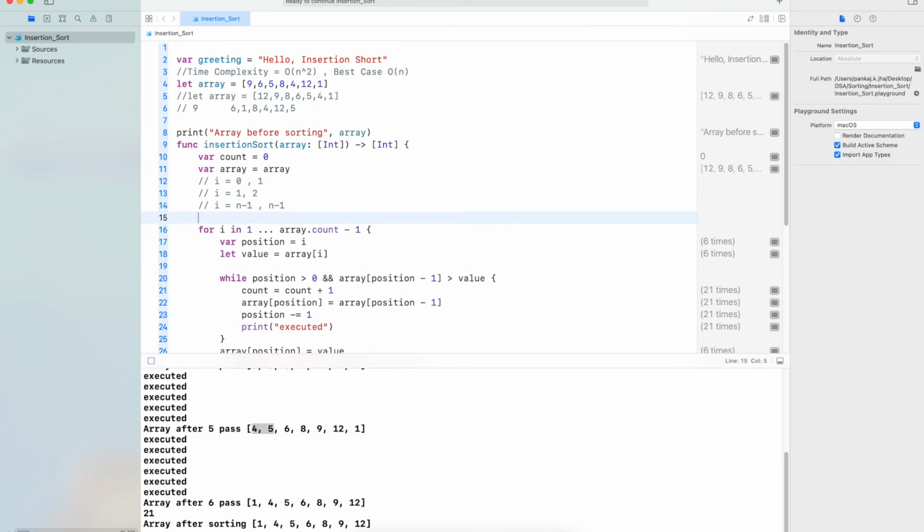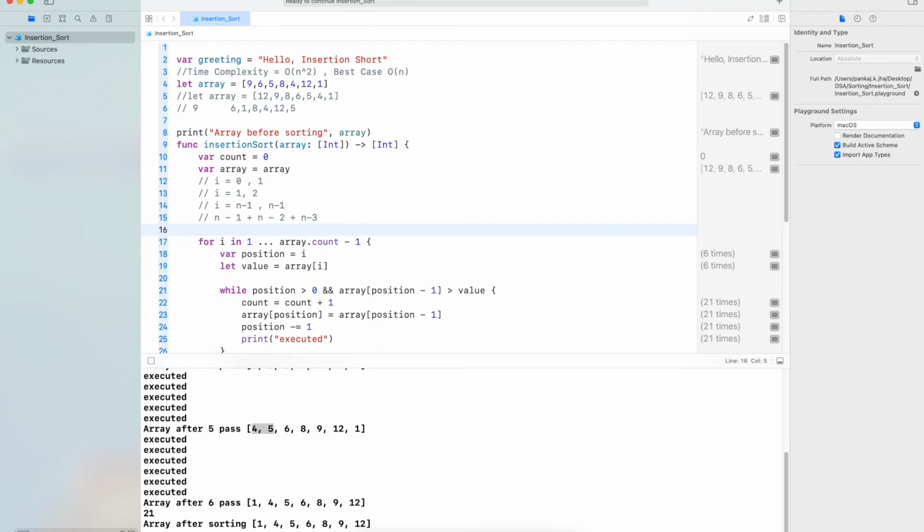If we add all those, the formula becomes n plus n minus 1 plus n minus 2 plus n minus 3, and so on. Now if we evaluate this expression, it comes to n into n minus 1, which results in n square minus n.